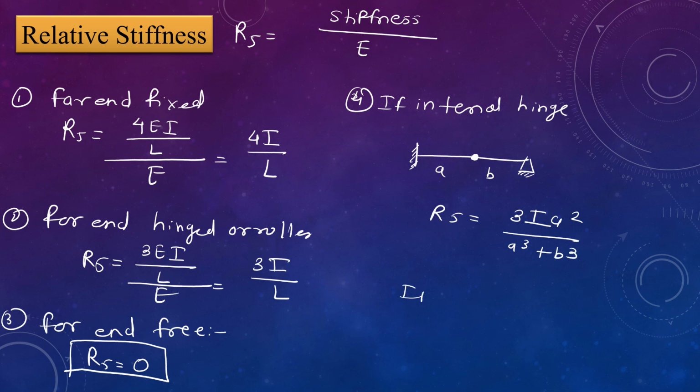And if the internal hinge is present at center, then A is equal to L by 2 and B is also equal to L by 2. Relative stiffness for that condition is 3I by L. If you put the values of A and B into this equation, you get the relative stiffness values. If internal hinge is present at center, then the relative stiffness is 3EI by L. The next point is